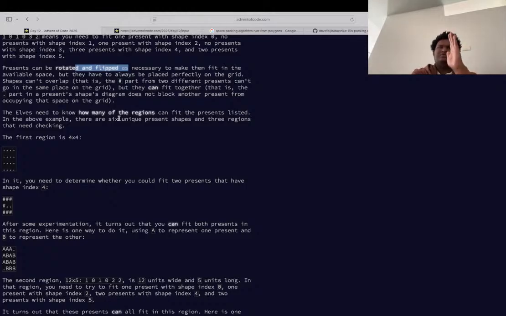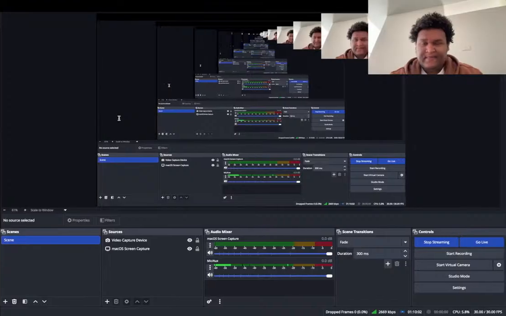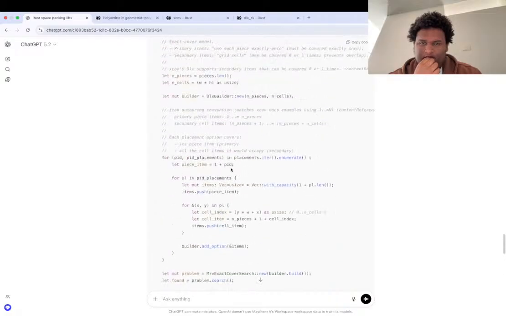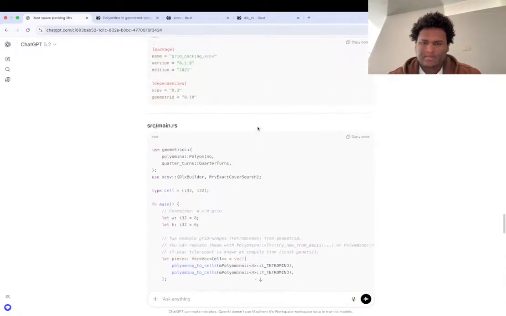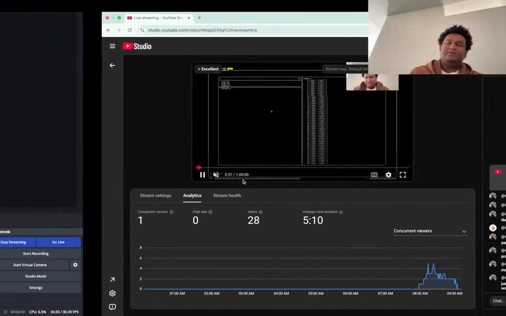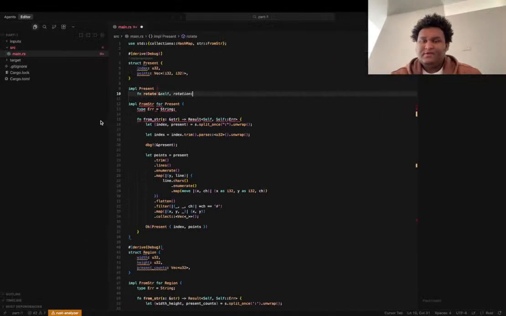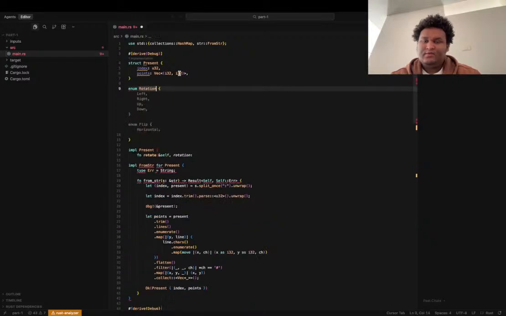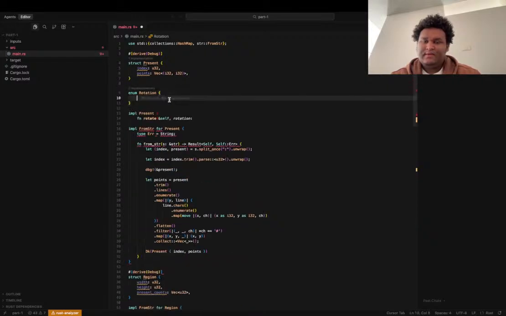The only rotations we're going to accept are the 90-degree rotation, like turning, and then 180-degree. So like the four axes, 270 and 360, which is going to be the same, right? I think here it's listed, the rotations somewhere around here. If I search for 270, yeah, so 0, 90, 180 and 270, I think those are the valid rotations we know about. So let's say enum rotation, and I guess